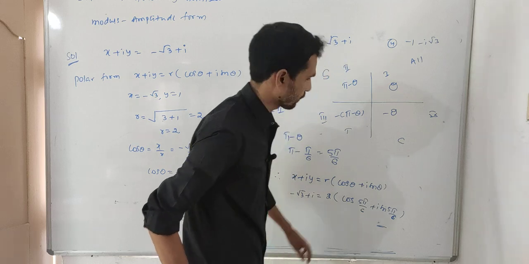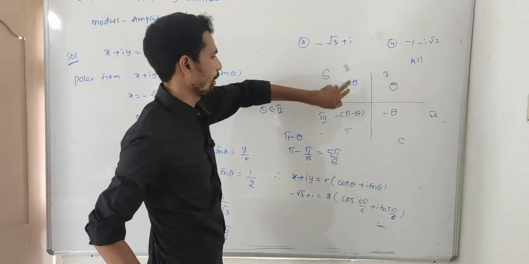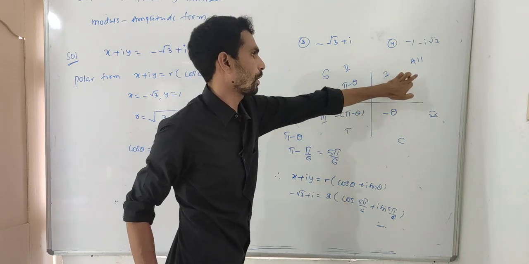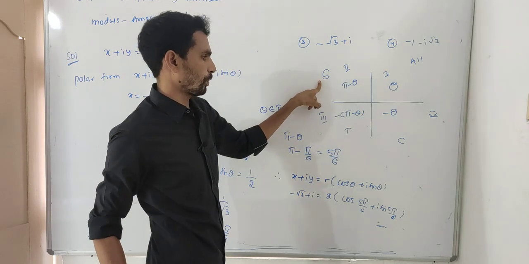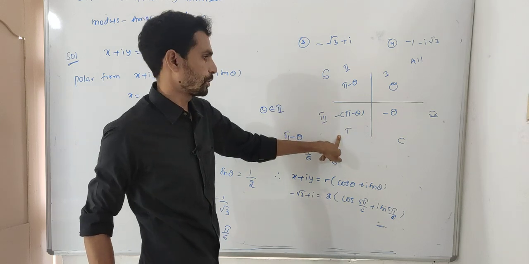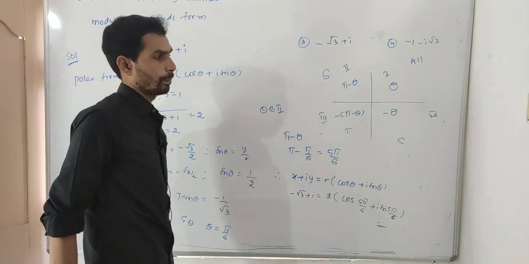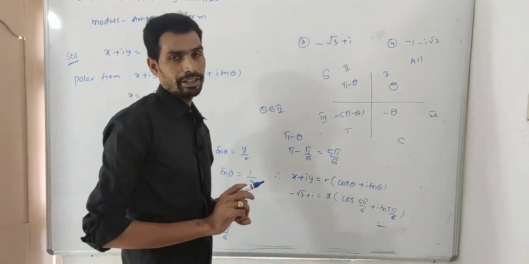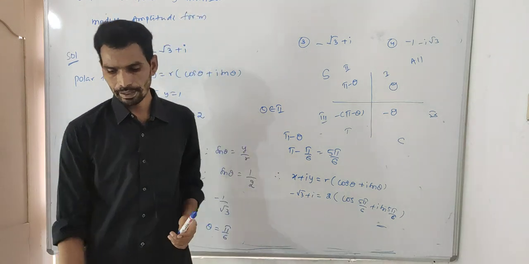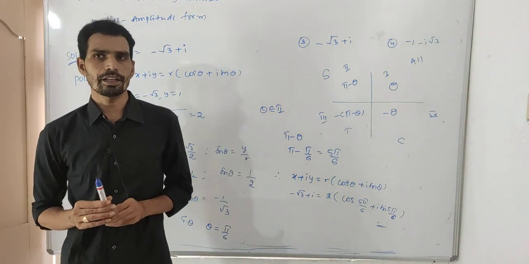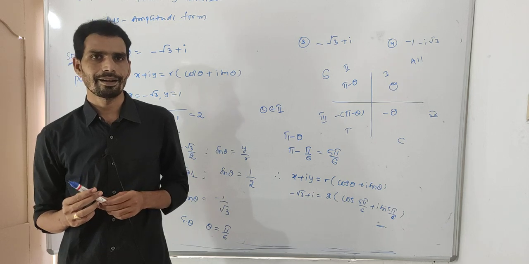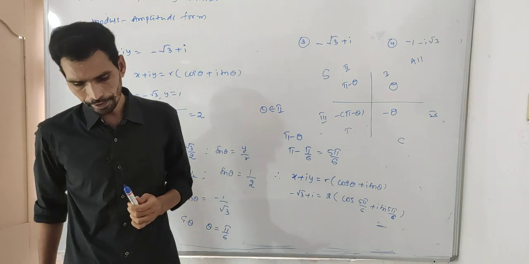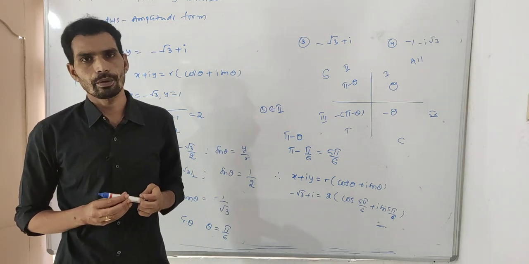The only important thing is this diagram, all silver tea cups. All means sine to cot are positive. S means sine and cosec are positive. T means tan and cot are positive. C means cos and sec are positive. Theta, pi minus theta, pi plus theta, minus theta. What is the polar form formula? X plus iy is equal to r of cos theta plus i sin theta. R value is the modulus of z. Modulus of z means under root of x square plus y square only.